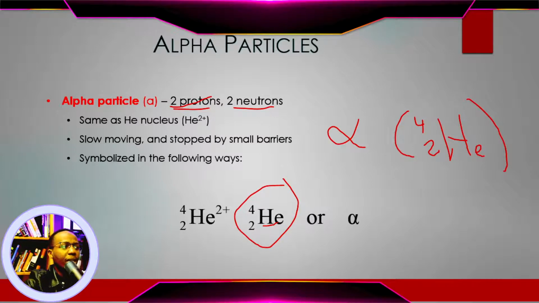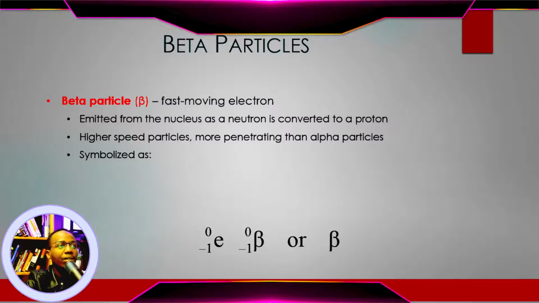What about beta particles? Beta particles is when you emit a neutron converted to a proton. So you're emitting 1, right? And what's the symbol for beta? It's 0 and -1